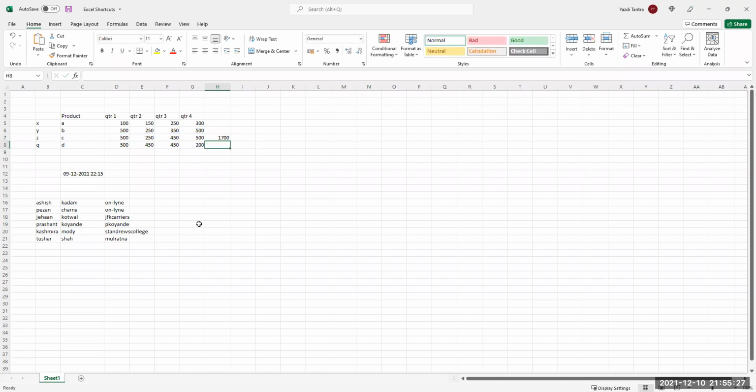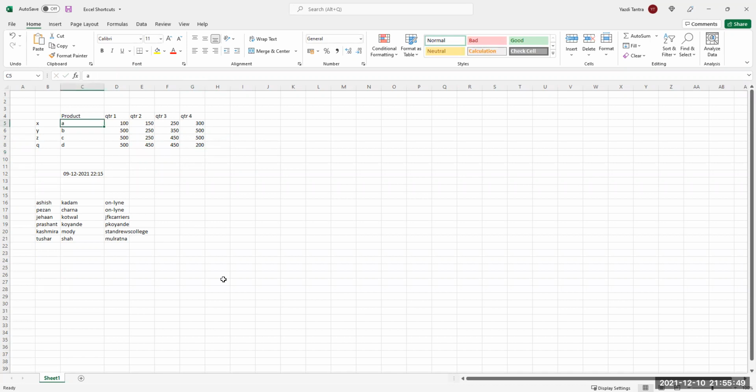That's it. Or you are doing it here. Wherever you do it, alt equal to is so fast and very, very convenient. Very nice. Easy to remember.